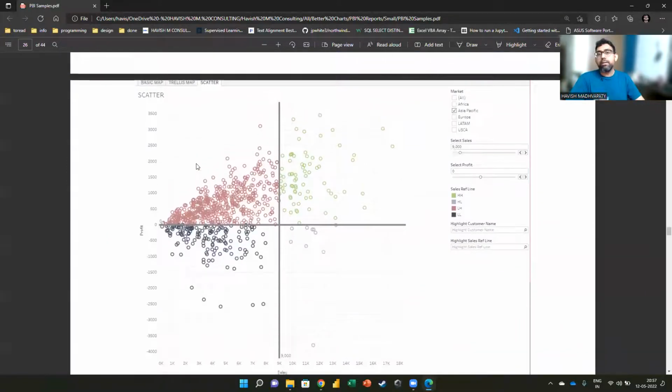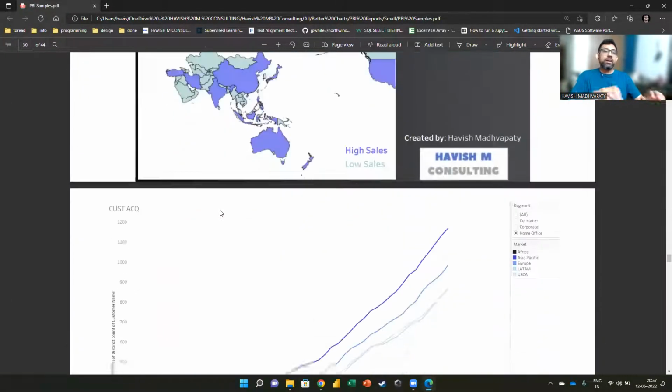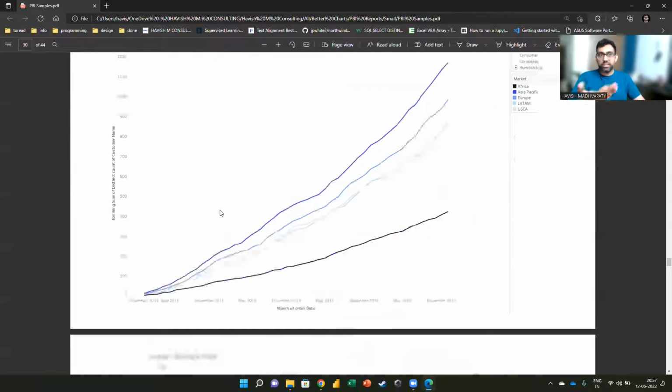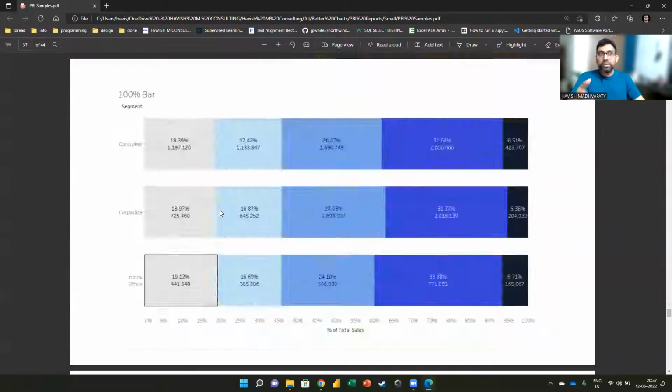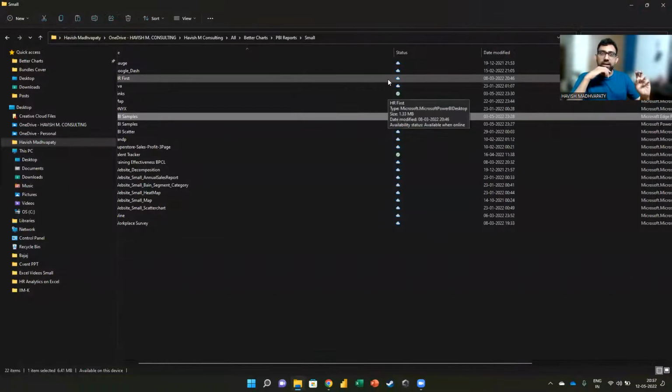These are Tableau. Do you see this? This is Tableau, this is Tableau, this is Tableau. So my answer would be, this is all a combination of Power BI and Tableau, by the way. Okay. So my point is that learnings are transferable. If you know how to do year-over-year change on Power BI, you can do it on Tableau as well. You just have to learn a different function. The challenge is going to be to shift all the old work to Power BI.